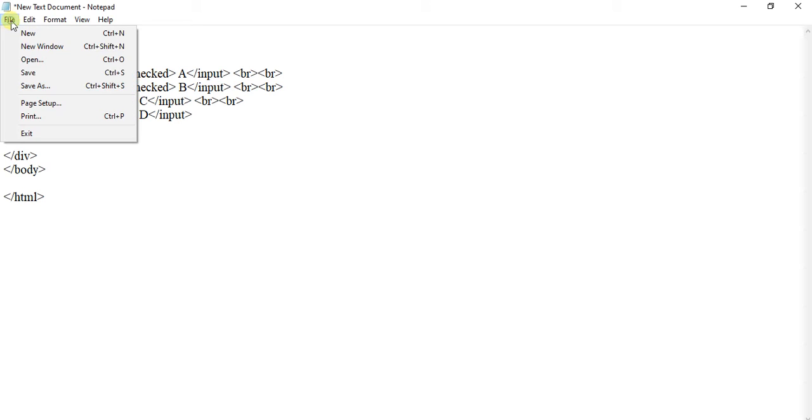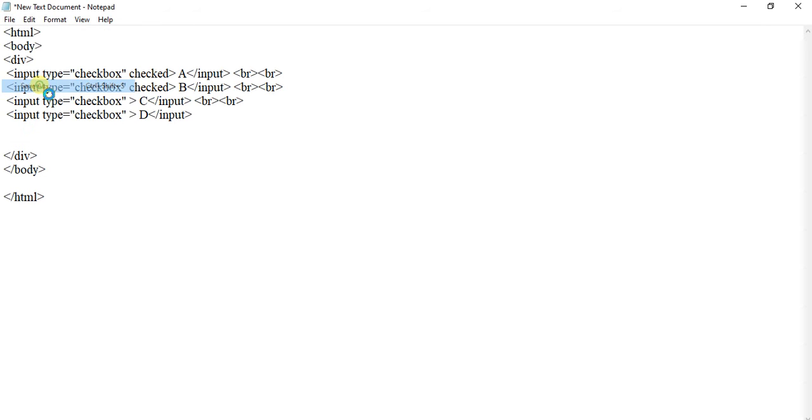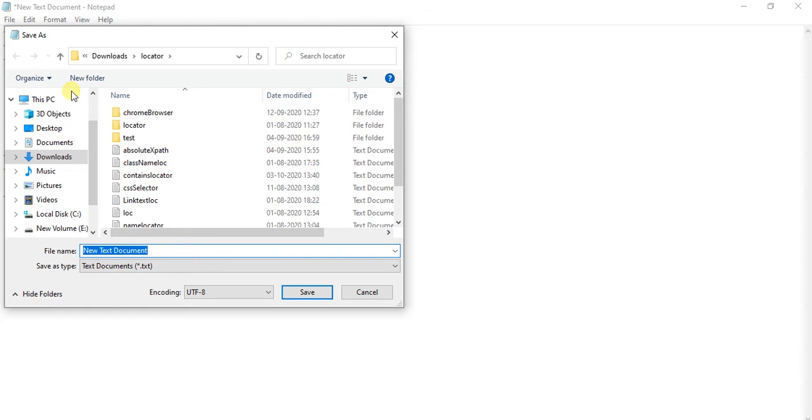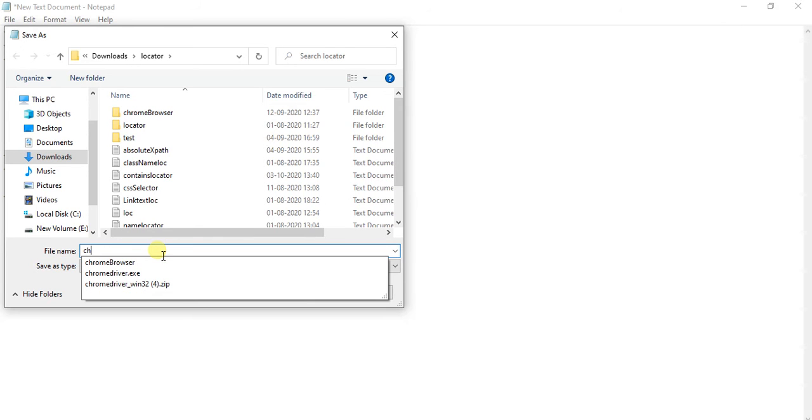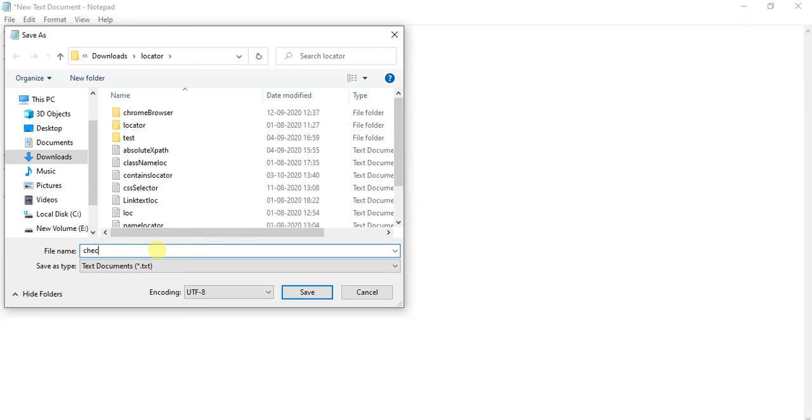Let me go to the save as. Just I am giving the name checkbox.html.